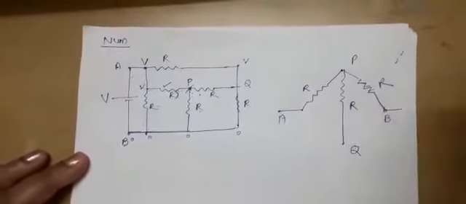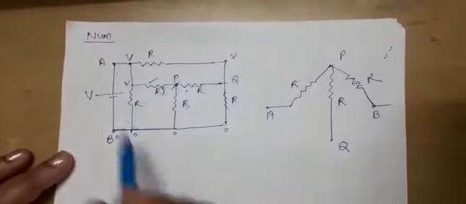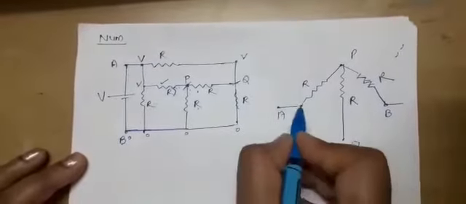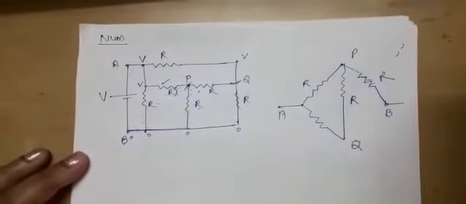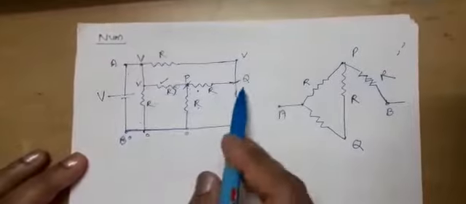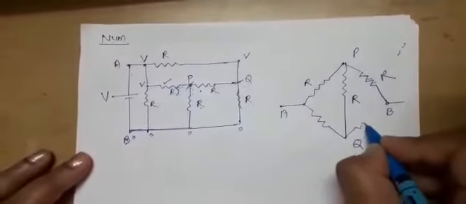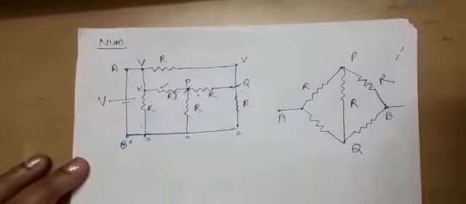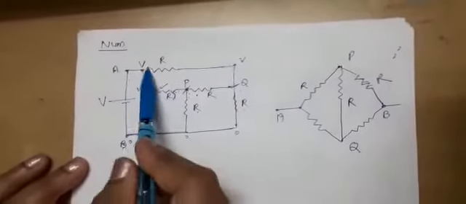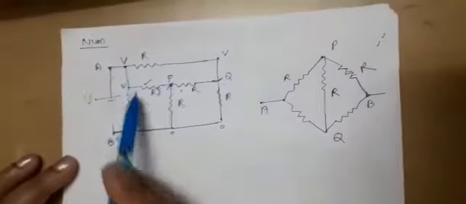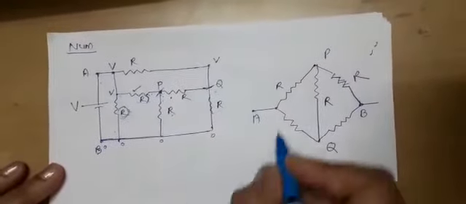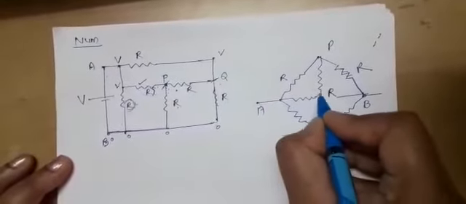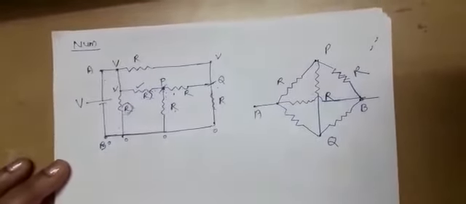This is again R. Now a resistance is connected between the A and Q terminals. Again one resistance is connected. Right? Now between B and Q, this resistance R. So you can see here 5 resistances, but here there are 6 resistances. So what is left? A resistance connected between A and B. This is basically just connected like this.